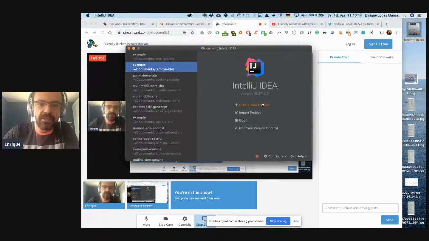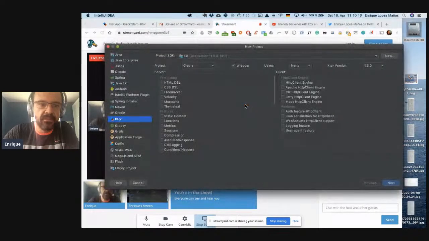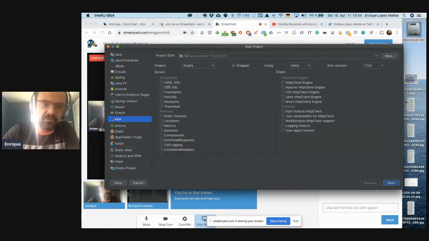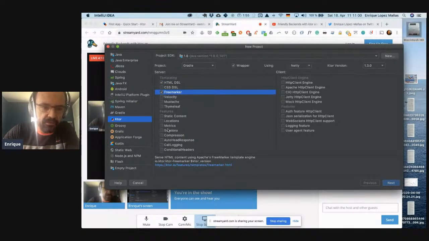So if we go to IntelliJ and create a new project, we see that we can select a ktor project, and we have a few templates and features that we would like to add. I'm going to add just a couple of them that we will explore later, but we see that we can start using some HTML